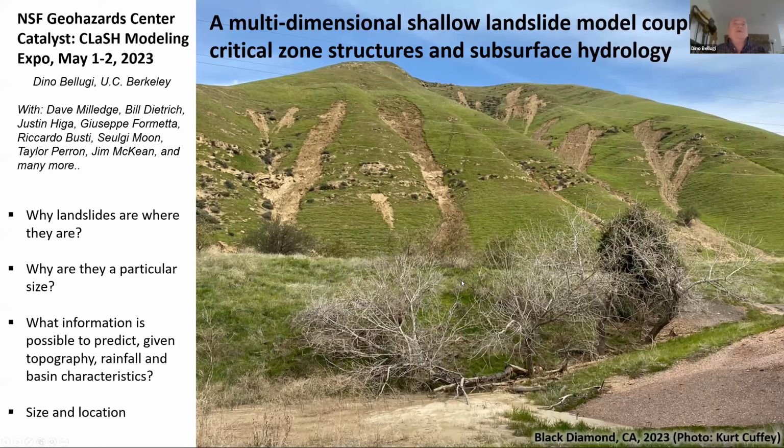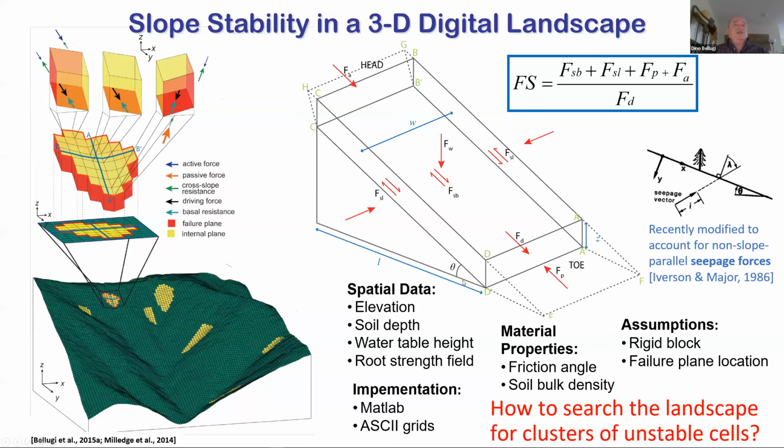So first, let's think about how we represent a landscape like we saw in the previous picture in a 3D digital world. Well, we can discretize the landscape as a series of cells, each one representing soil columns. And we can see here an example landscape with some landslides on it, sort of like we saw in the previous pictures. And we can apply a slope stability model. In this case, the model developed by Milledge et al. in 2014, which